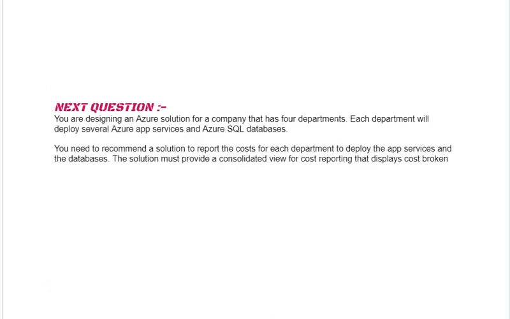Next question is, you are designing an Azure solution for a company that has 4 departments. Each department will deploy several Azure App Services and Azure SQL databases. You need to recommend a solution to report the cost for each department to deploy the app services and the databases. The solution must provide a consolidated view for cost reporting that displays cost broken